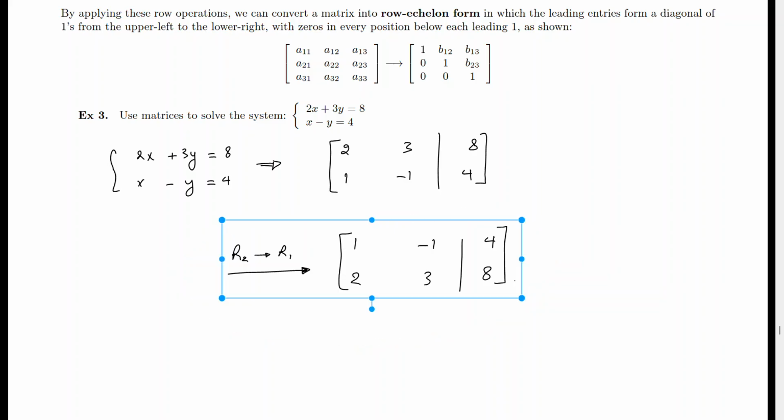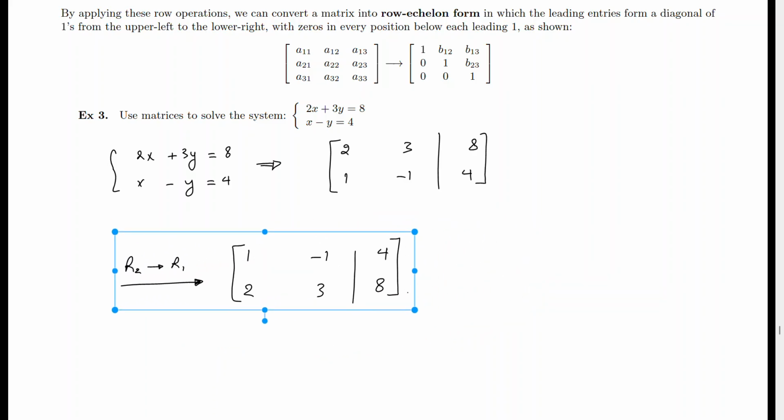So all I did here was take row 2 and interchange it with row 1. Okay, so now I have a 1 there, which is awesome. That's what I want. The next thing I got to do is turn the 2 into a 0. And to do that, that involves multiplying the first row by some random number and adding it to the second